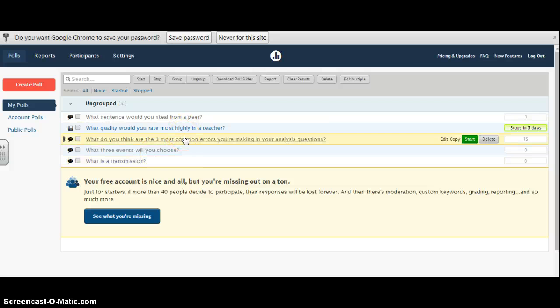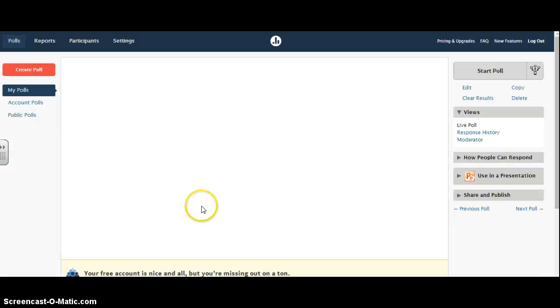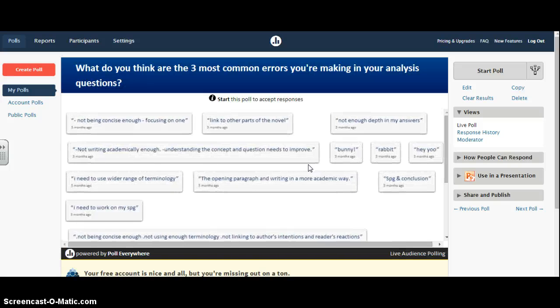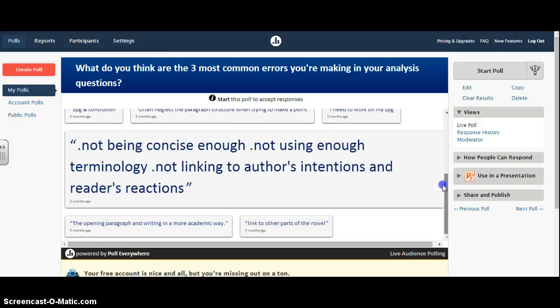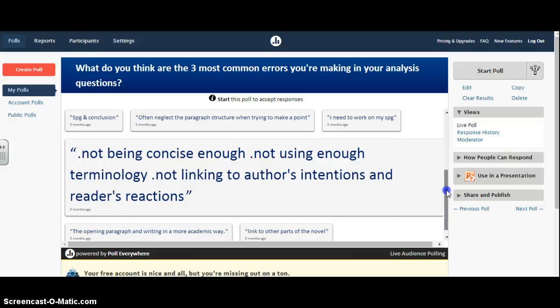Okay, so this one, for instance, I did with an AS class, and I wanted them to share their most common errors that they were making with their writing. So if I click on it now, I can see the responses that were created at the time. Okay, so as you can see, they've left responses of things that they